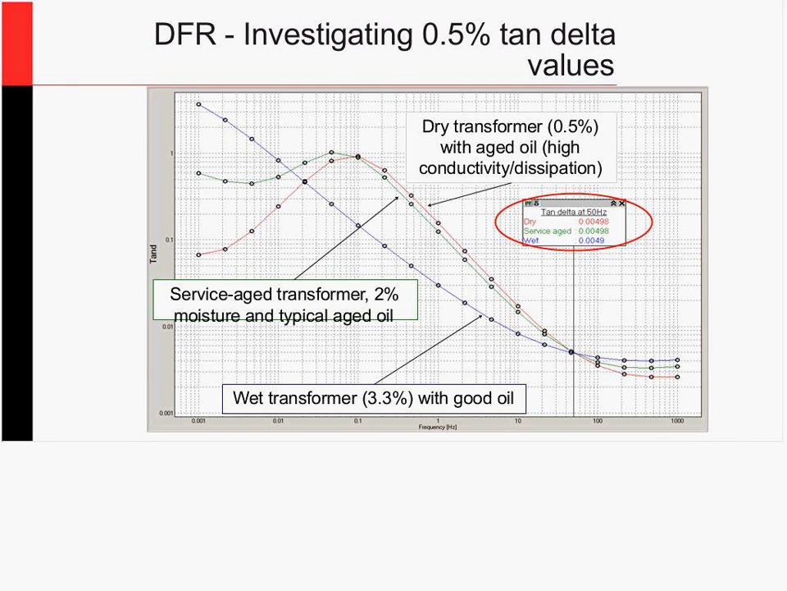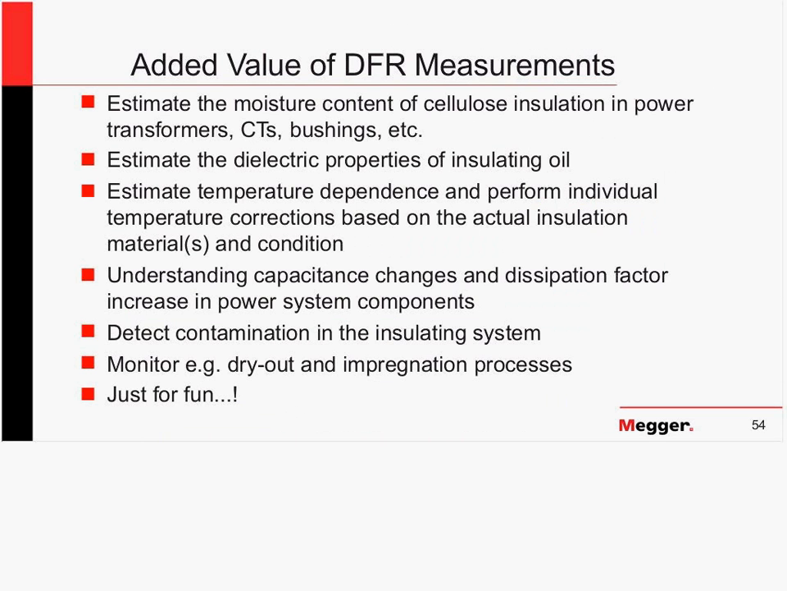There's only 0.5% moisture content in that. But its curve shape tells us that, look, this has high conductivity oil, whereas the green one is just representing a service age transformer. So the added value of DFR measurements: now we're given that extra step where narrowband DFR couldn't tell us how much moisture content we had. Now, by opening up this bandwidth, combining with insulation modeling capabilities, we can estimate moisture content in the cellulose